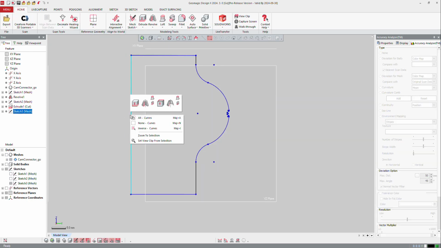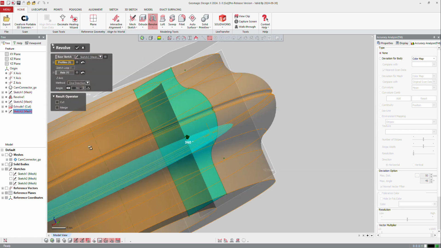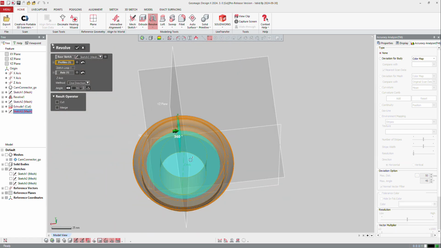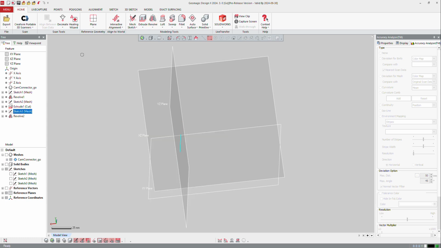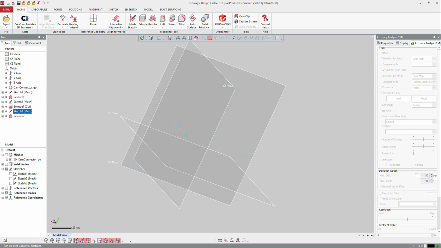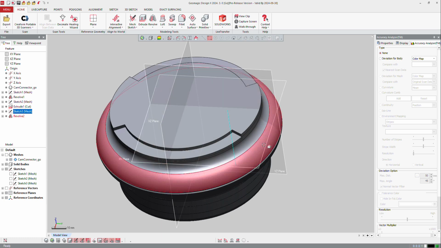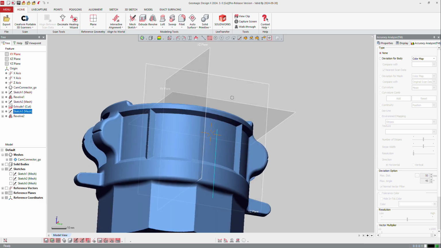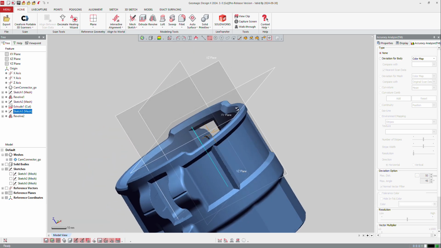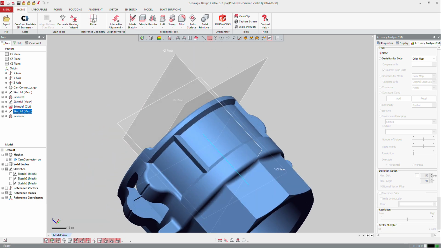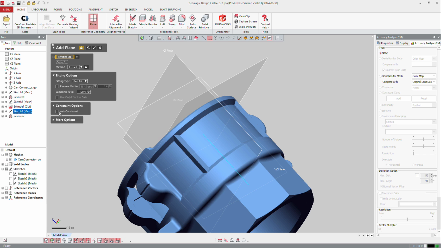Right mouse click and I will again do a revolution. Software tries to make a complete revolution. It's okay for me, but I don't want to make a merge. So I will choose don't merge or don't cut. I will create a 360 degrees from there. And if I display my CAD now, I get the two definitions, but this is wrong because it's a complete revolution. So I will just display now my real part and I will create planes on the part,